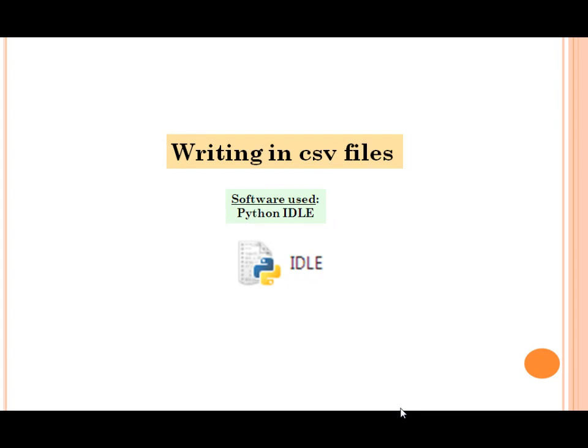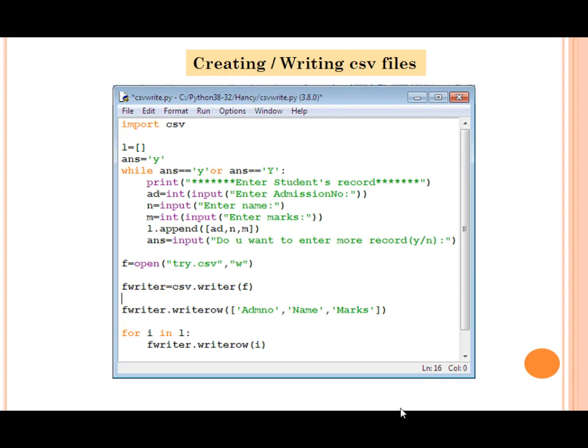Writing in a CSV file, we use Python IDLE first. So creating a CSV file, this code we can use. If you saw my earlier videos, then you can identify the steps of creating the CSV file. So children, here the first step is import csv, and the next step is accepting values from the user,